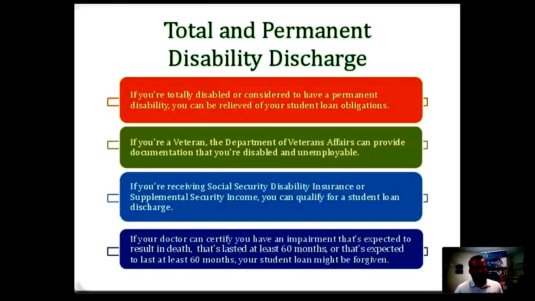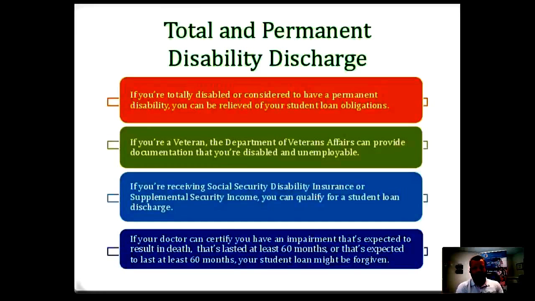Now, this is the process, just so you guys understand. This isn't really something that we do for our clients because you know your situation more. You have to actually go see your doctor. You have to provide documentation to show that you're disabled. That's something that really makes more sense for you to handle. We definitely work with clients when it comes to consolidation, getting out of default, refinancing, all that. But when it comes to discharge, I really think that most clients should handle it on their own. I don't mind coaching you through that, or our team, but you have to go through the steps there.